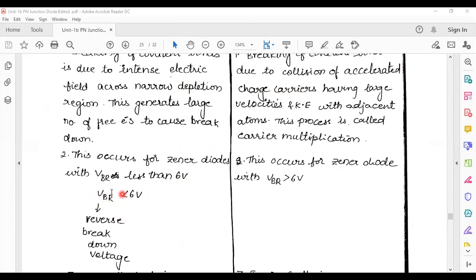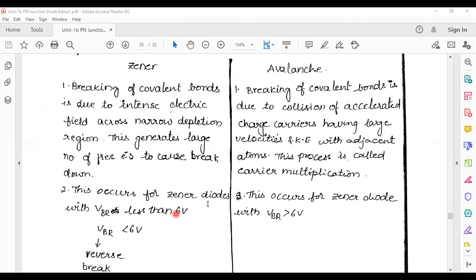This ZNR breakdown is mainly because of voltage, whereas avalanche breakdown, breaking of covalent bonds, is due to the collision of accelerated charge carriers. Accelerated charge carriers have large velocity and kinetic energy, colliding with adjacent atoms. This process is called carrier multiplication. ZNR breakdown is mainly because of voltage, whereas avalanche breakdown is mainly because of carrier multiplication. Those carriers multiply and increase drastically in the reverse direction, so I can treat it as avalanche breakdown